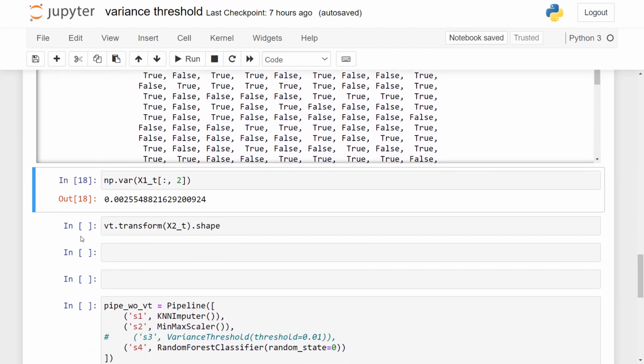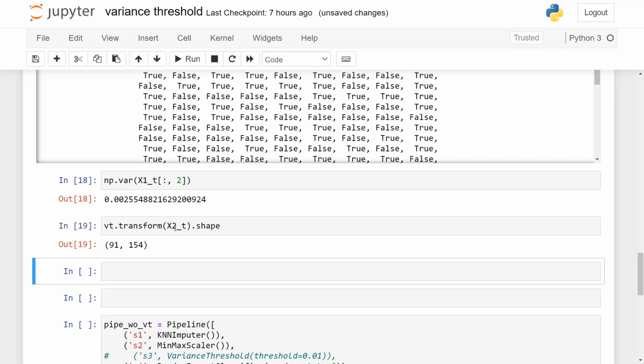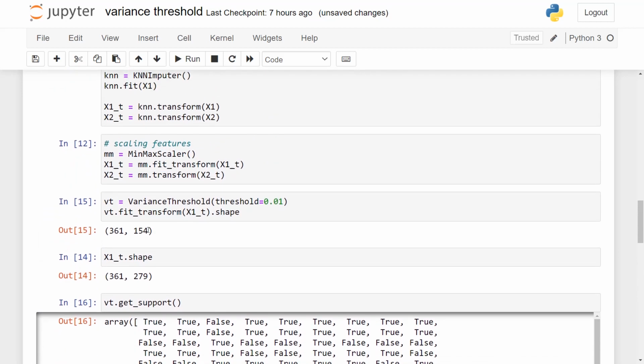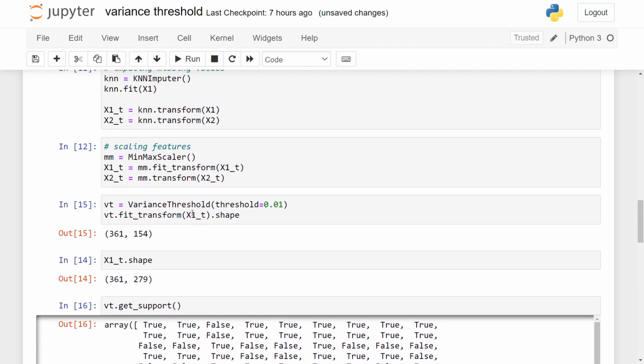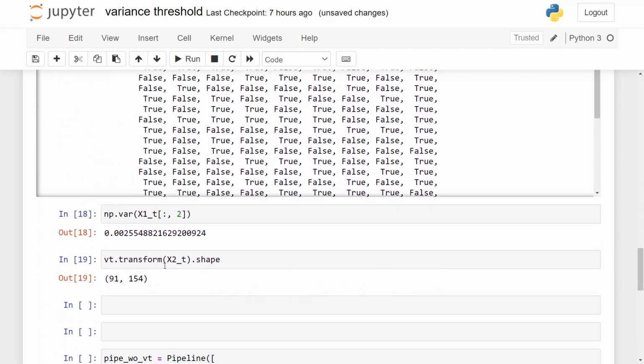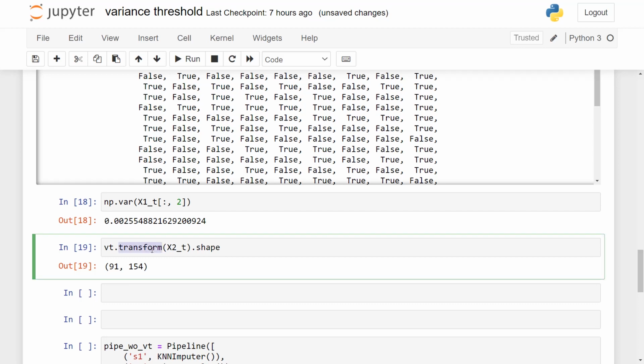Okay. Now we can transform x2_t, that is the test set. So now the test set also has 154 columns, and you see we are doing a dot transform on this, which means that we are learning which columns to remove based upon the training set only using fit_transform, and then discarding the columns in the test set using transform.